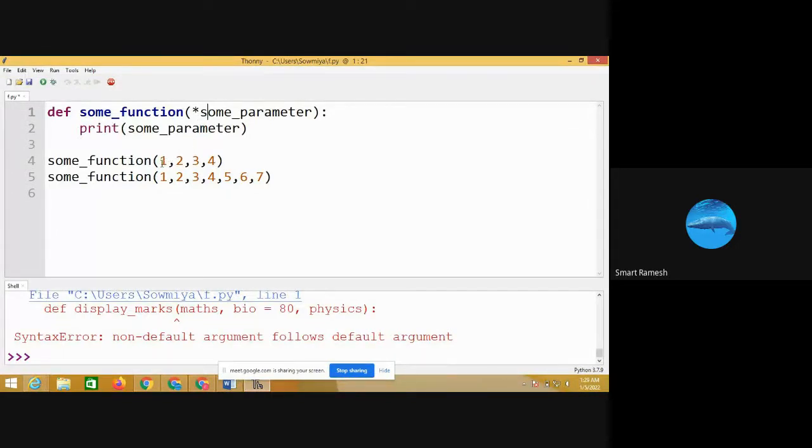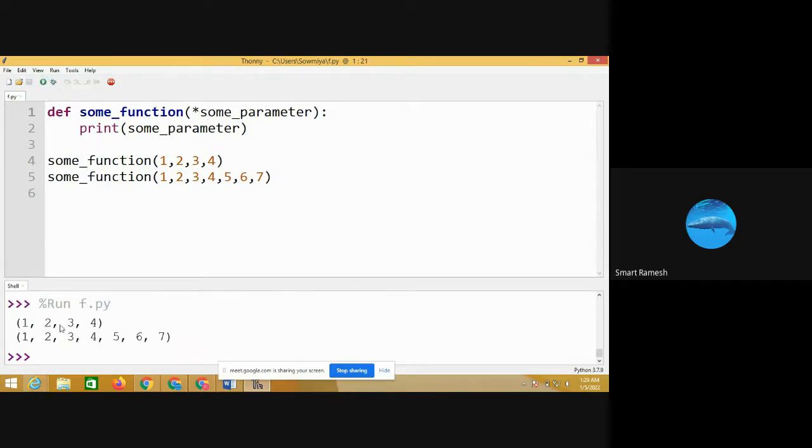So I am passing 1, 2, 3, 4. Here, some parameter is 1, 2, 3, 4. So what is the output? 1, 2, 3, 4 is displayed in tuple format. Next time, some function 1, 2, 3, 4, 5, 6, 7.